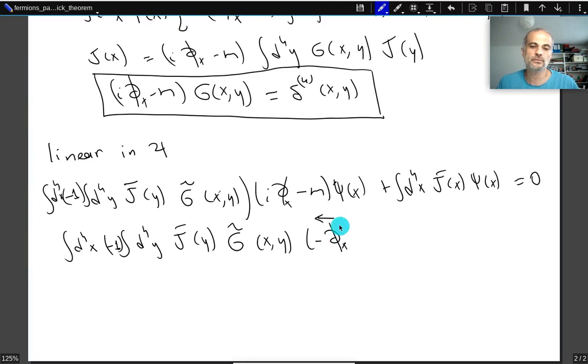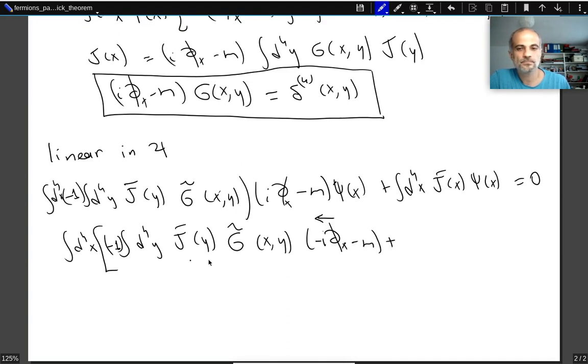Well, I cannot just move this to the other side. I have to first separate the derivative and the gamma matrix. I would rather keep the derivative also here, keeping in mind that it is acting on everything on the right, whereas the gamma matrix in this slash, the derivative is acting on the left, the gamma matrix is on the right. There's an i minus m